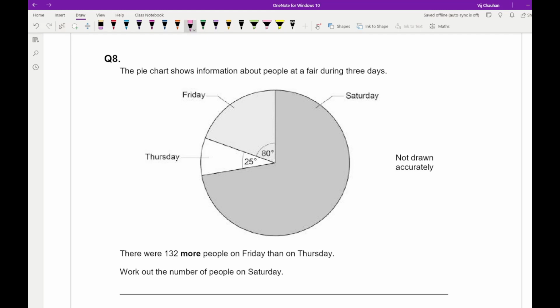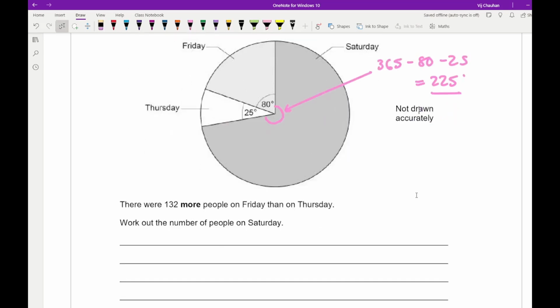So for this, what we need to first of all work out is the angle for Saturday. As it's a pie chart and a circle, we just need to do 360 minus 80 minus 25, which gives us an answer of 255. I don't know where the extra 2's come from, so I'll just get rid of that. Now, what we then need to do is work out the difference